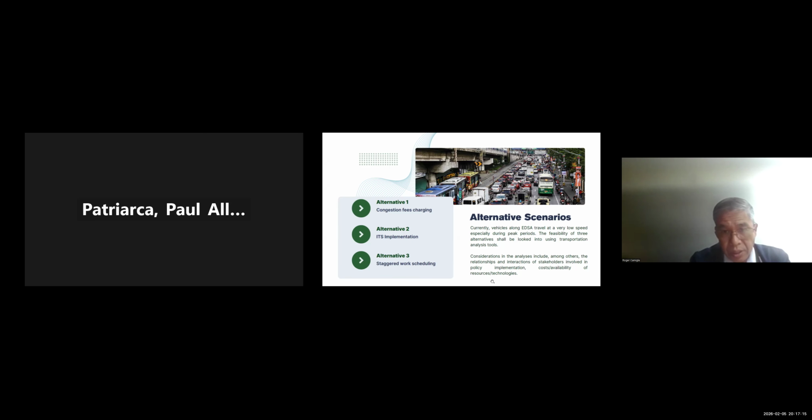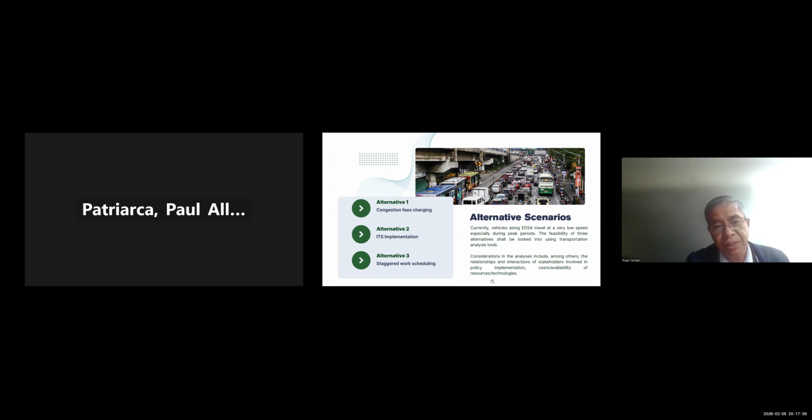Our considerations in the analysis that we'll be doing will include the IFN power dynamics in the group internal report that you have shared in Moodle. It was used in the whale shark interaction project by the previous group in your previous class. So we'll look into the relationships and interactions of stakeholders involved in the implementation of policies, and the structure of power of the government and private sectors.